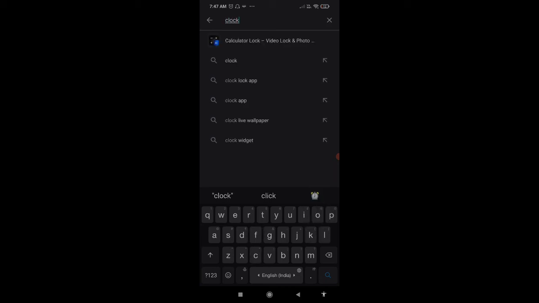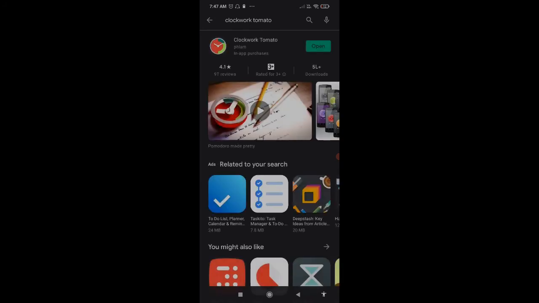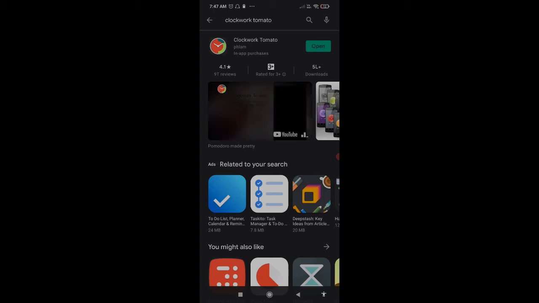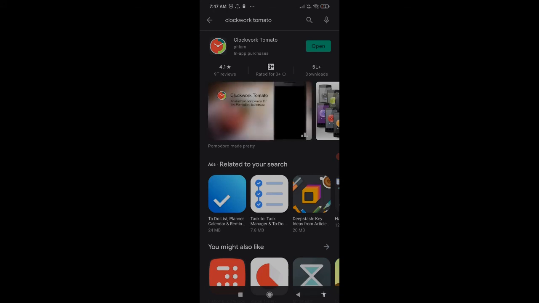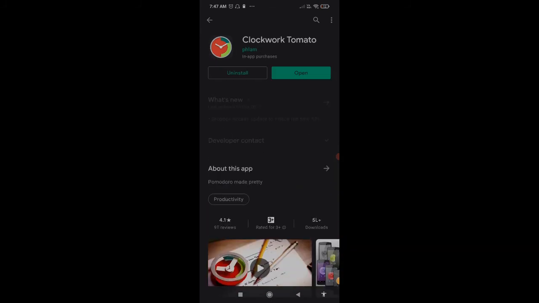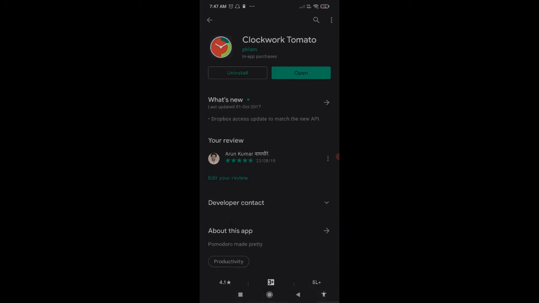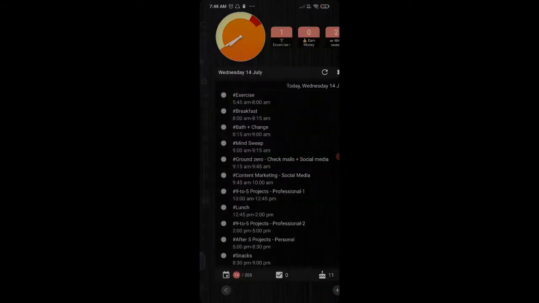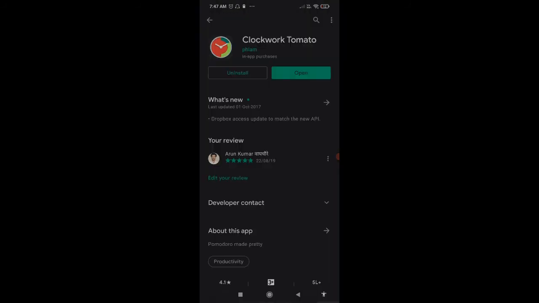the top one that you see is a Pomodoro. Okay, and I'll show you from where I've got this Pomodoro widget. It's called Clockwork Tomato.